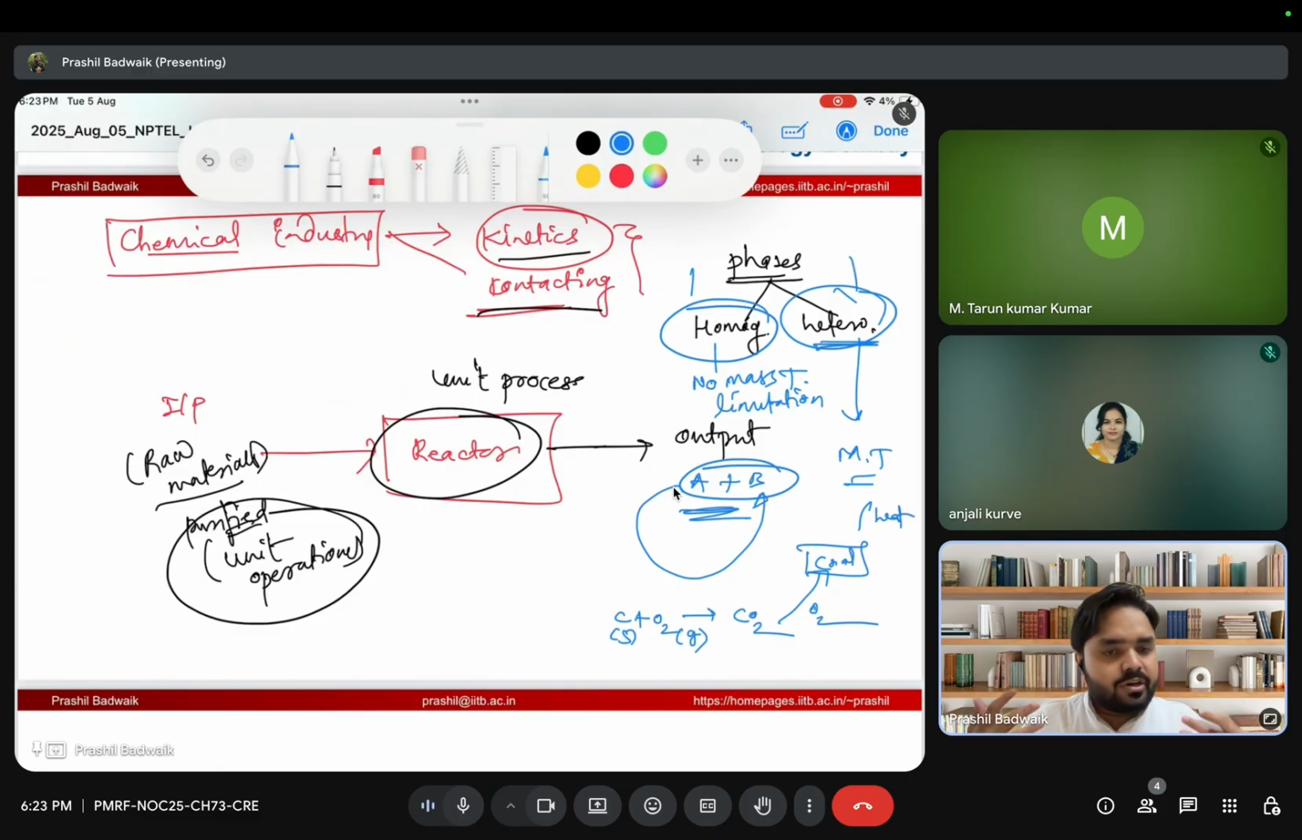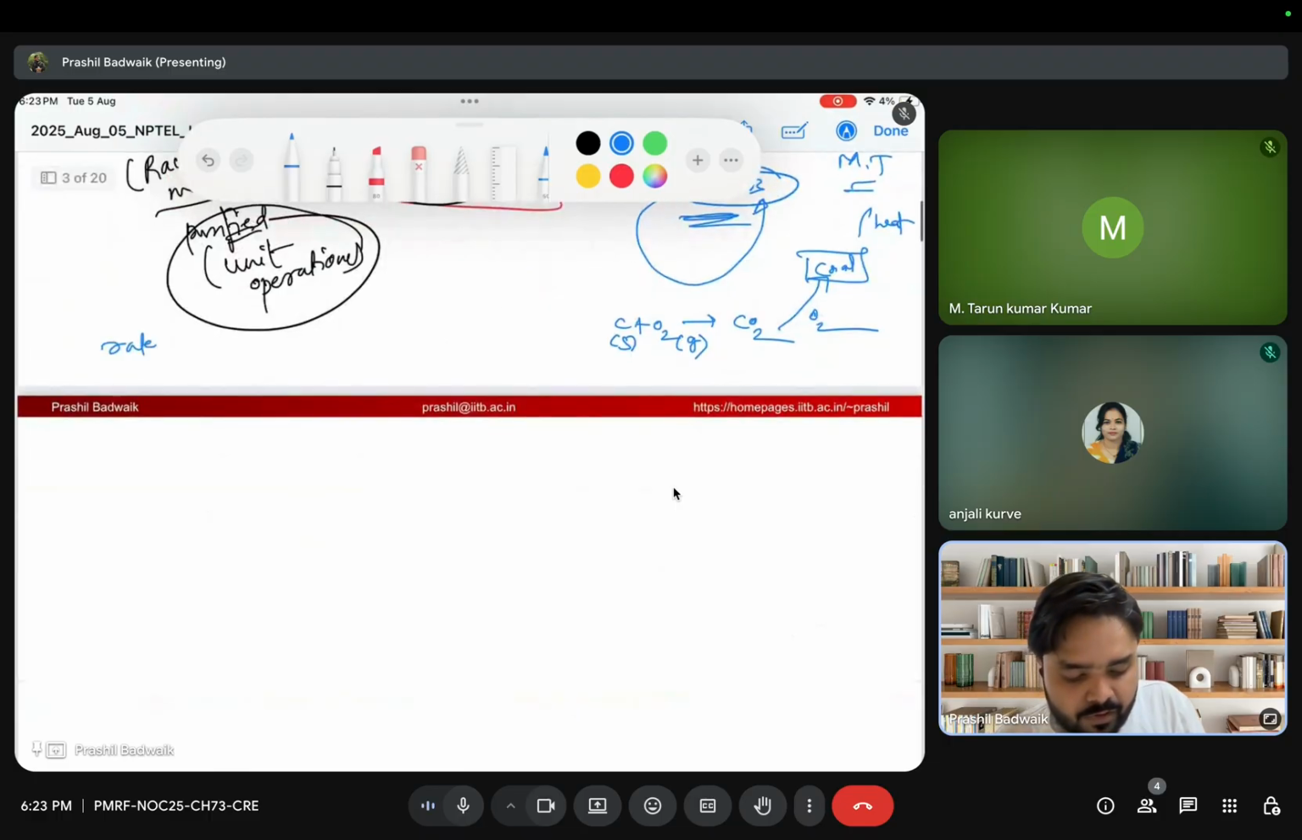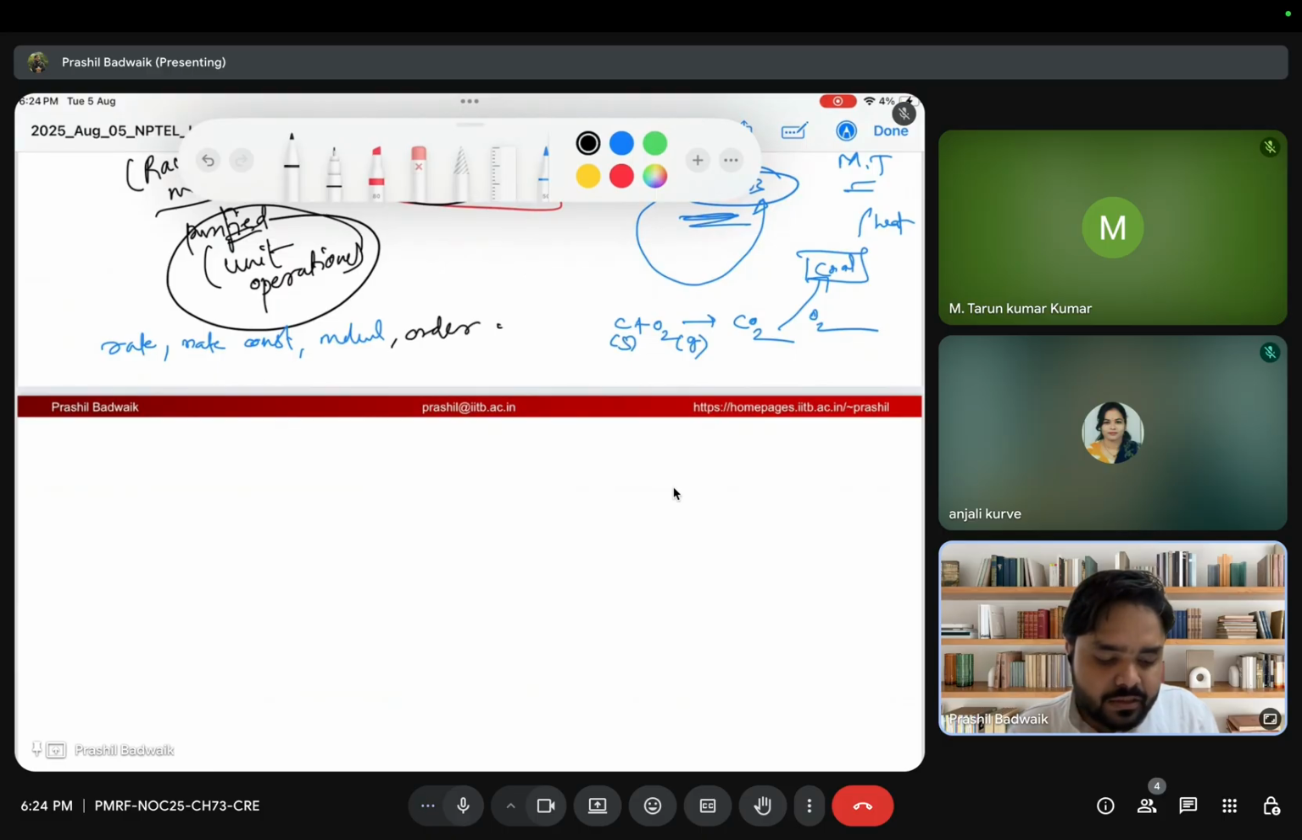You must have studied this in your undergrad or seen it in 12th standard itself, so I'll not go into the details. Then we talked about something called the molecularity of the reaction. We talked about the order of the reaction, rate of reaction, rate, rate constant, then molecularity of the reaction, then order of the reaction,